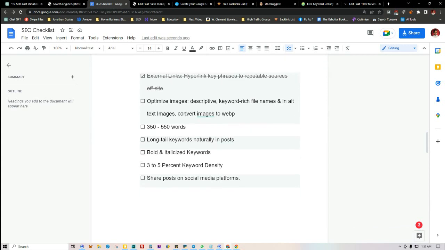And when it comes to the images on our site, we want to have them converted to WebP. The reason for that is because it helps the site load faster. The faster your site loads, the easier it is for the search engines to process it, as well as the more time people spend on your site, keeping the retention rates high. And that helps your site to rank. So we want to make sure that we're not using PNG or JPEG images.